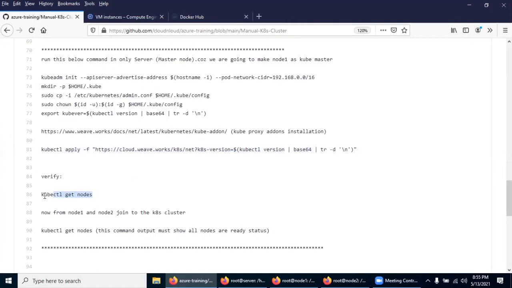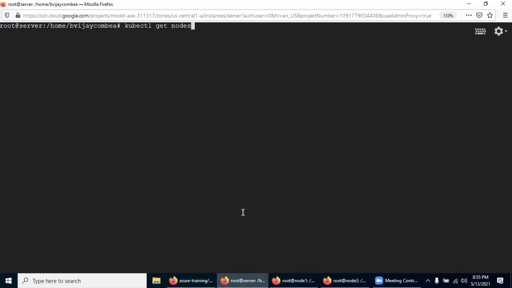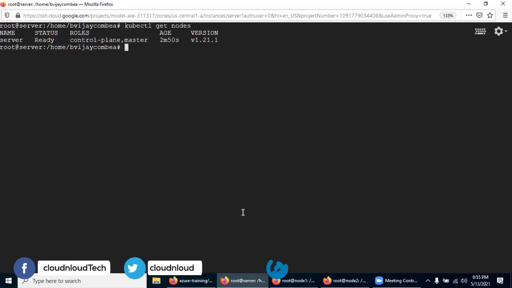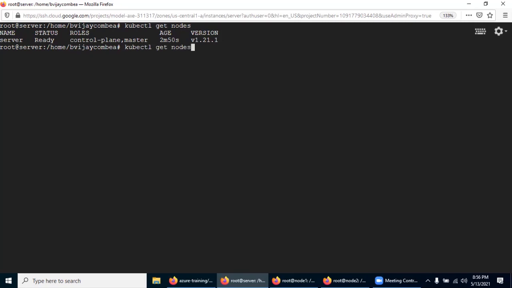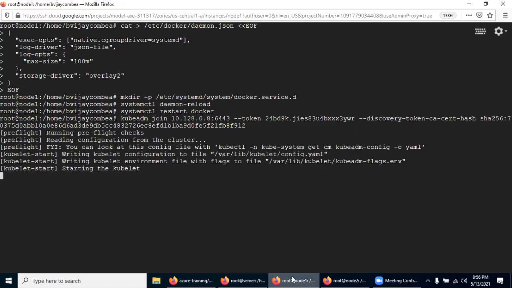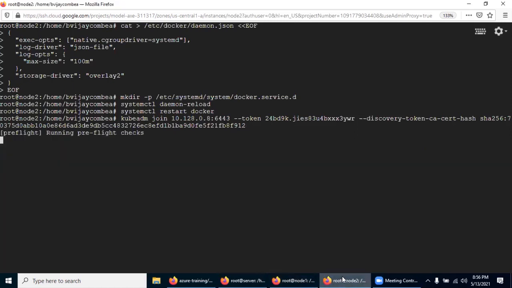So kubectl get nodes. First, try to check the status. Only the master plane, that is the control plane, is now ready. So I would suggest you go with watch -n, every 1 minute. You keep running this command, then parallelly you execute the join command to join the cluster and wait.